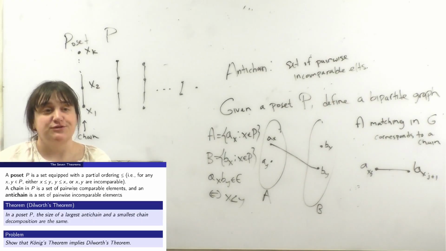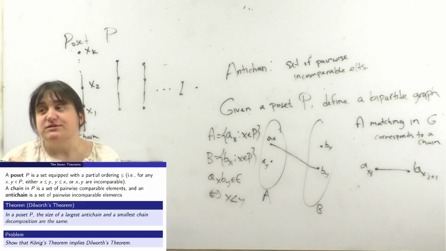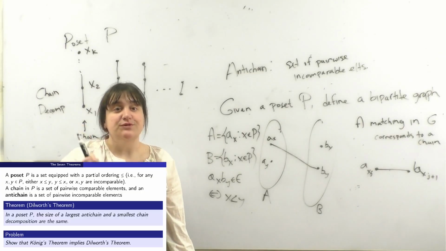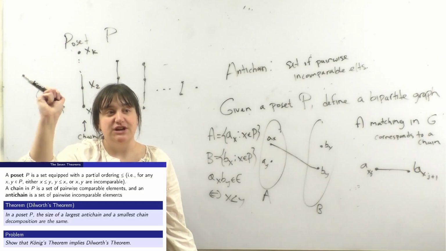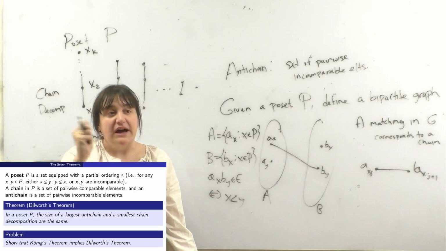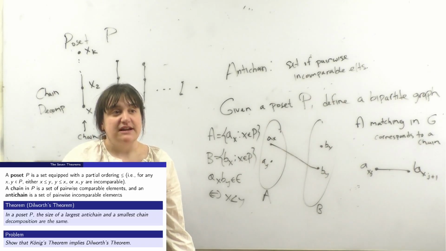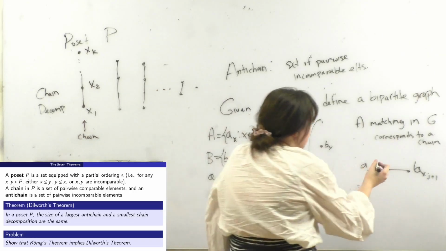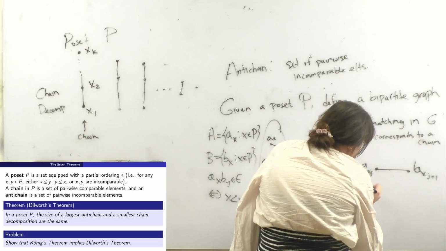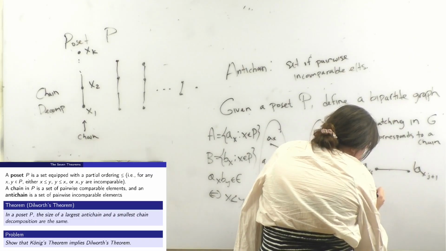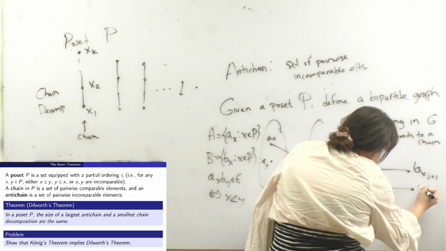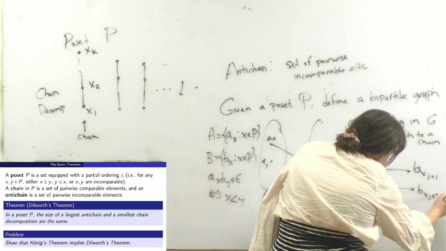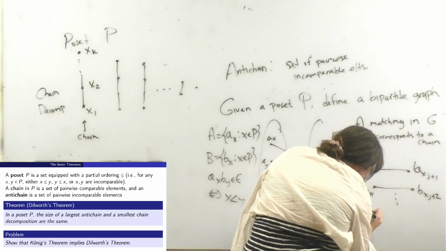This edge says that they're related. x_j is strictly bigger than x_j-1. And so I'm just going to try to find more relations that I could use to build a longer chain containing this pair by finding more matching edges that overlap in indices. And I'm going to do that until I can't anymore. So then maybe I can find a_x_j, and maybe it matches to some b_x_j+1. Eventually, I'm going to